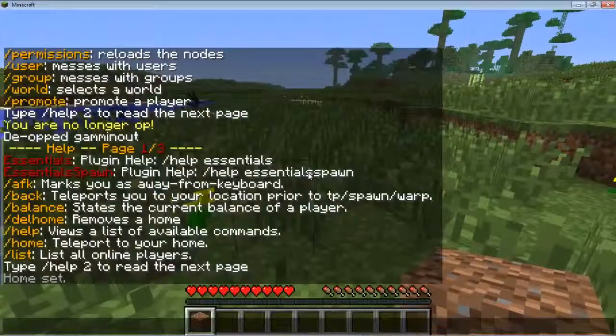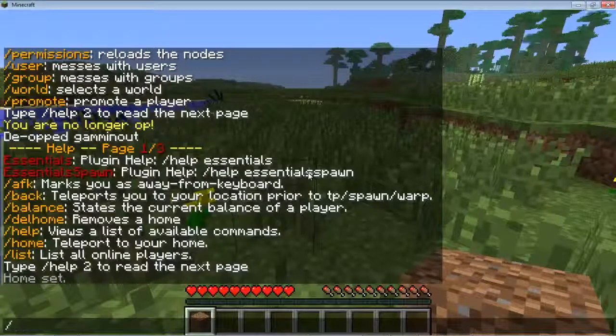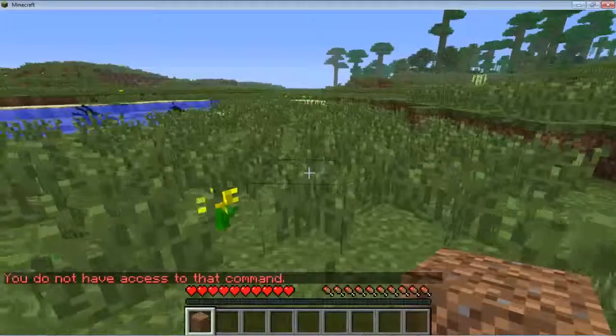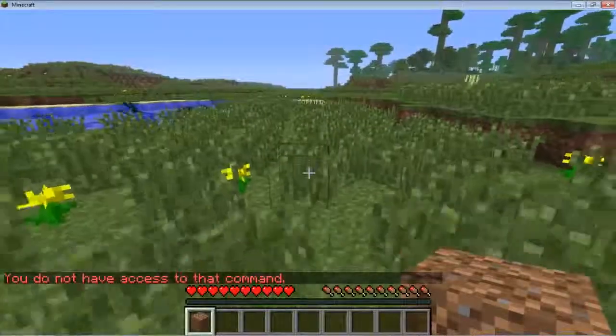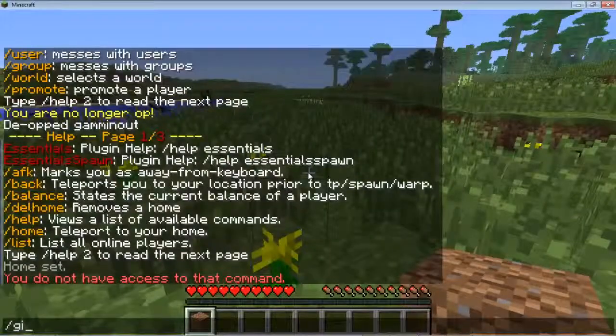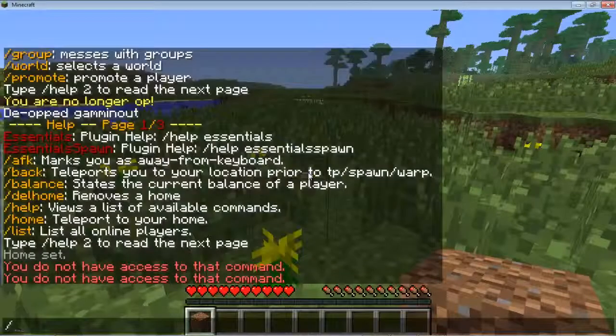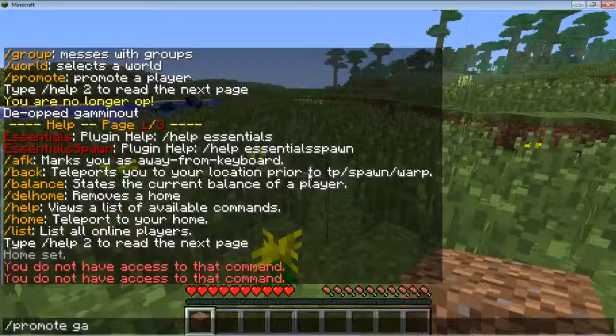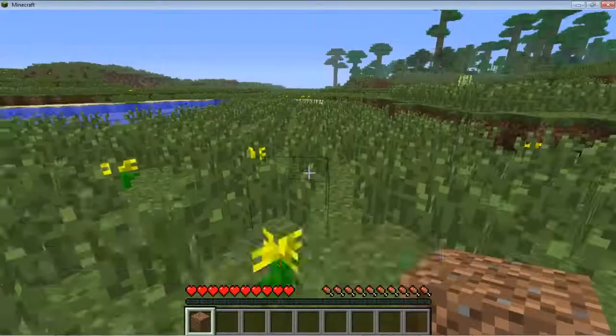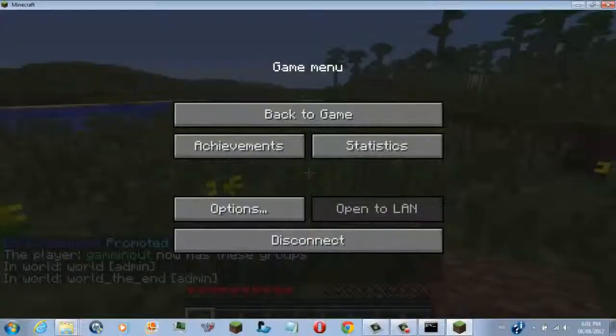So let's try a command that I don't have. /kill, enter. See, it says I don't have access to that command. How about /give? No. So now I'm going to try promoting myself to an admin. Promote gaming out admin. And I can do this because in my